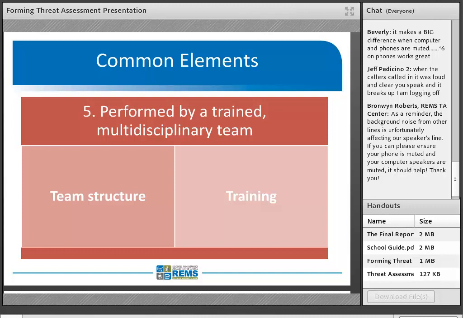Thank you. Let's move on to element number 5. Threat assessment is best conducted with a trained multidisciplinary team. A threat assessment team can be formed at the school and district level, should be chaired by a school administrator, and include respective members of the faculty or administration, an investigator such as a school resource officer or a police officer assigned to the school,